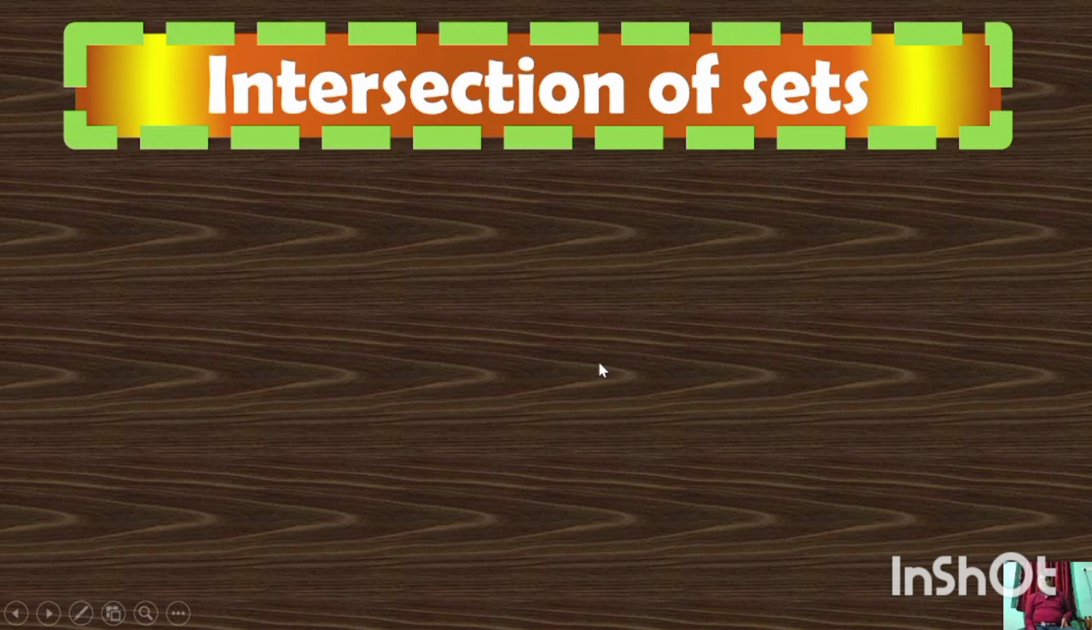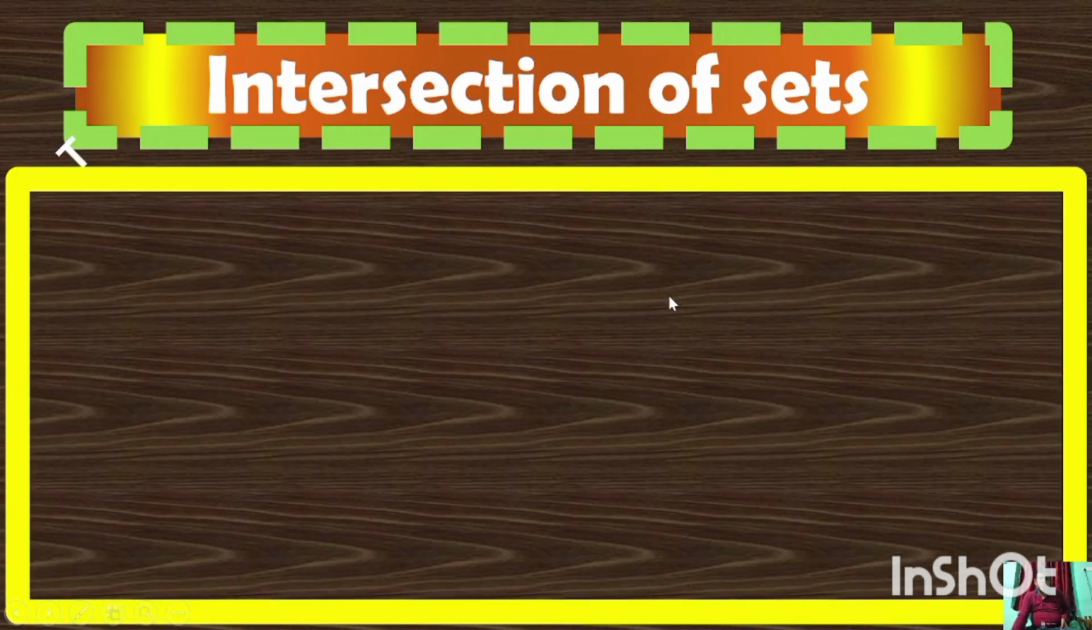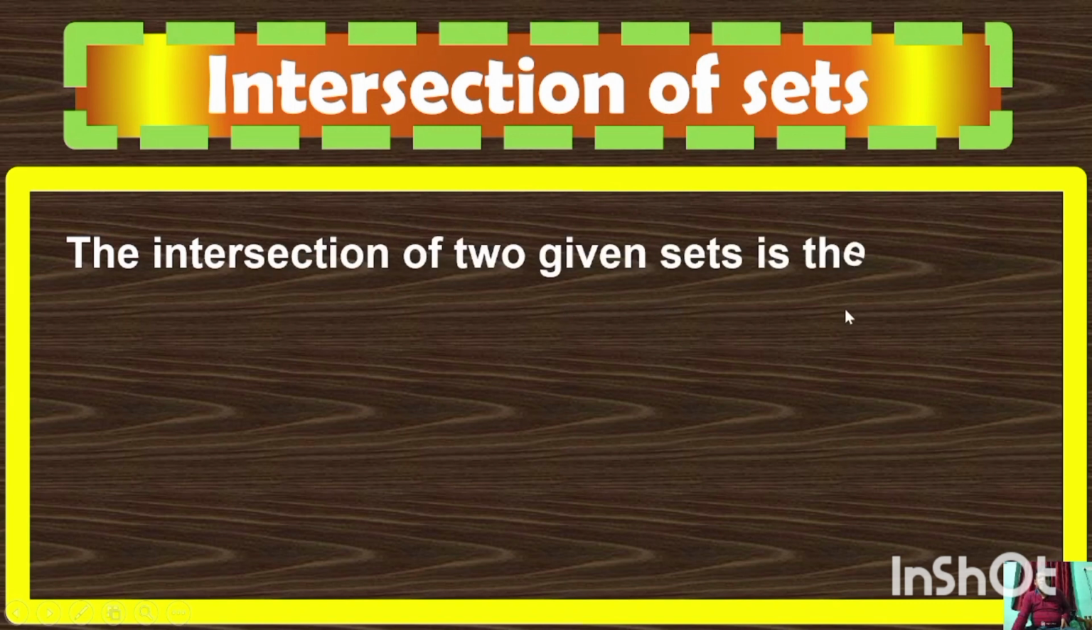Okay. Another important type of set operation, the second one, is intersection of sets. So this is another operation on sets. Understand? Set union is the combination of sets; similarly, intersection of sets has another meaning. When two or more sets undergo intersection, we get another set. Okay, understand? The intersection of two given sets is the set